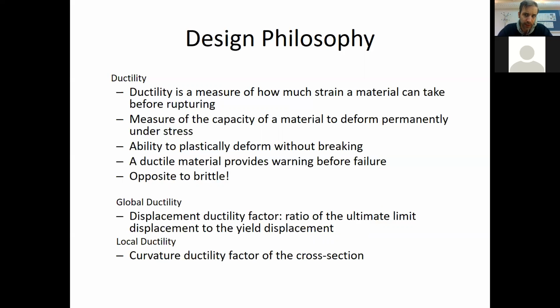The ductility is some kind of measure of the amount of plastic deformation that can take place before the structure collapses. So an example of a material with very low ductility would be something like glass,